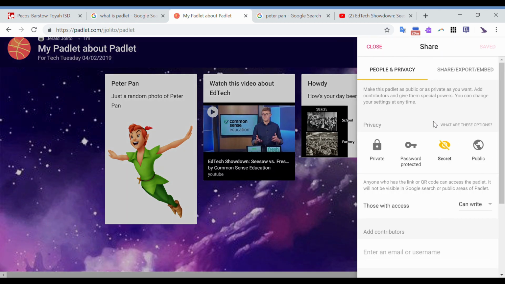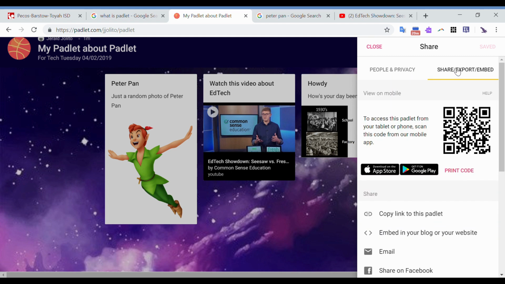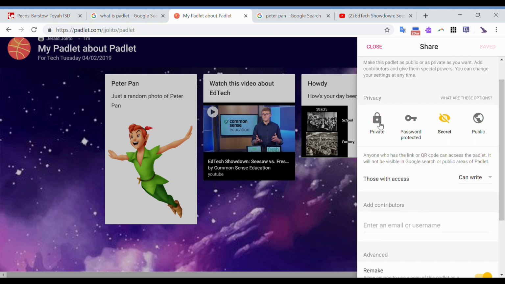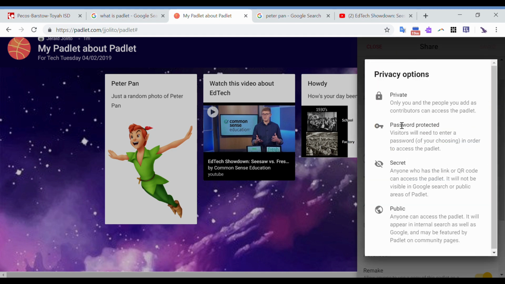So when you invite people, you're going to have 2 options there. You have people and privacy, and the other tab is share, export, embed. Let's look at people and privacy first. In terms of privacy, you have 4 different levels of privacy for your Padlet. There's private, password protected, secret, and public. If you want to know what these 4 mean, you can click on what are these options,